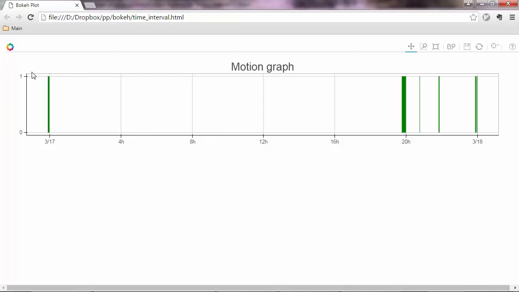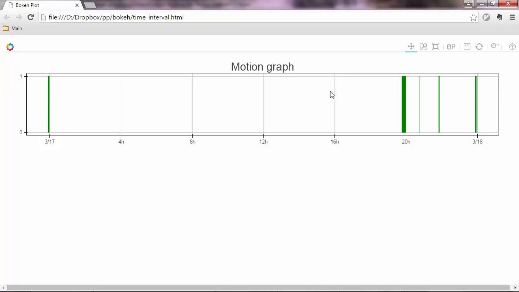So what we've got here is a plot with an x-axis, which is plotting the date time, while the y-axis doesn't have any sense actually, so it's just a vertical extension of these bars which you see here. And so let's say I started the camera at this date, so 17th of March, and so this first capture here, you can see it started at this date and it ended after 4 seconds. So this object entered the frame in the start date and stayed for 4 seconds there